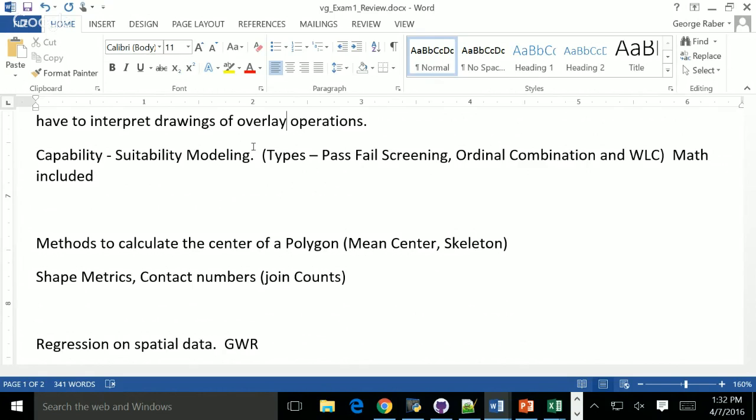All right, now you won't have to calculate any of the shape metrics, but there will be a question relating to area to perimeter ratio or one of those, and you might have to pick out which one would be the most compact shape. We talked a little bit about contact numbers, join counts,